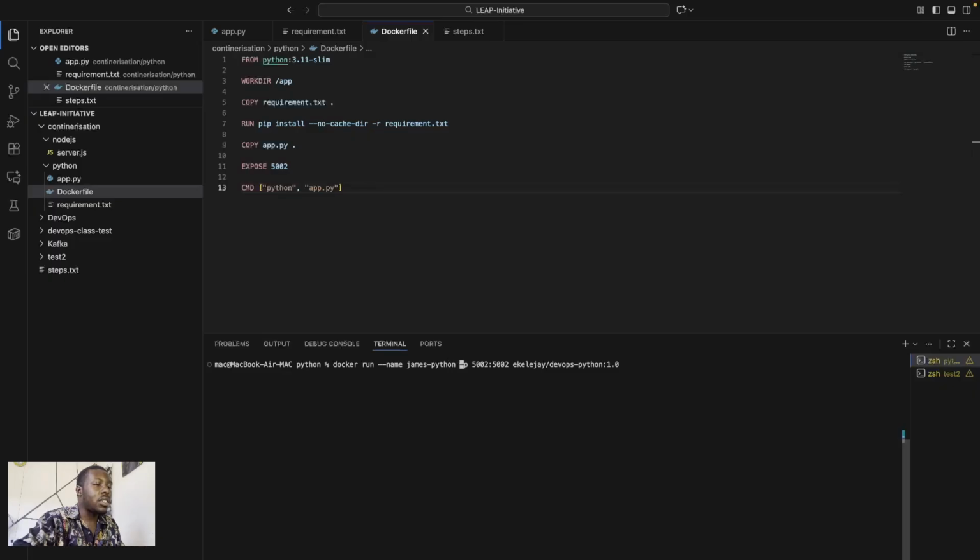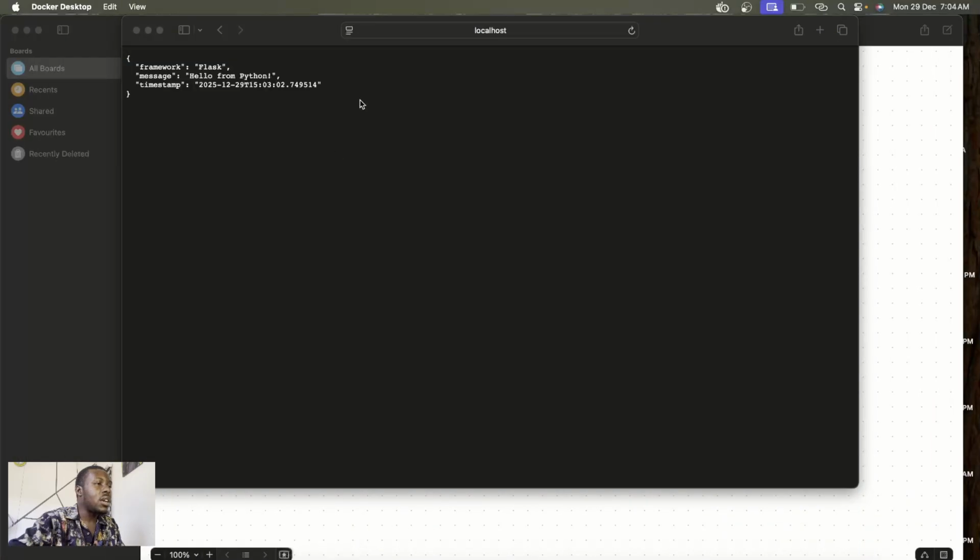James Python is the container name. Then we do -d to not populate the logs into our local computer. So it has been created. Now this gives us an ID that it has been created. Now when we check on the Docker side, we can see